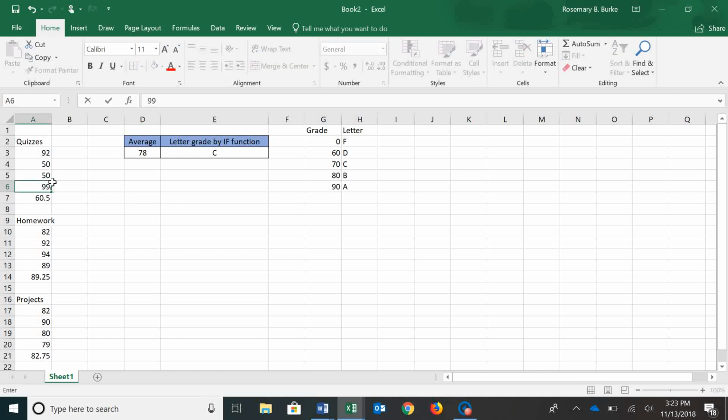Let's go to 99 on each of these and see how that affects our grade. Now we're back up to a B. Let's change this one to a 99. And now we have a 91 average, and that changes our score here to an